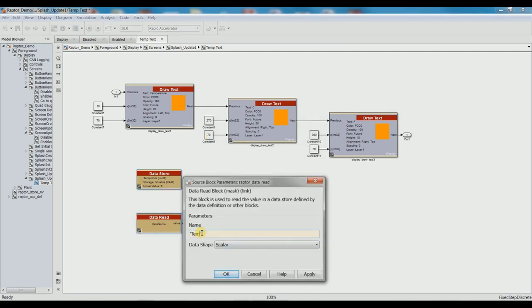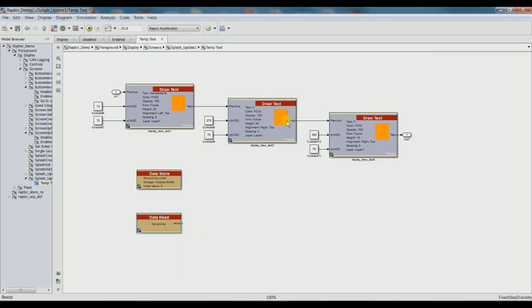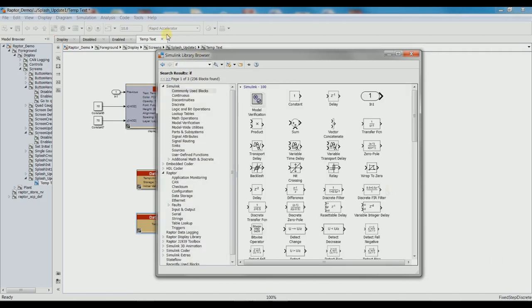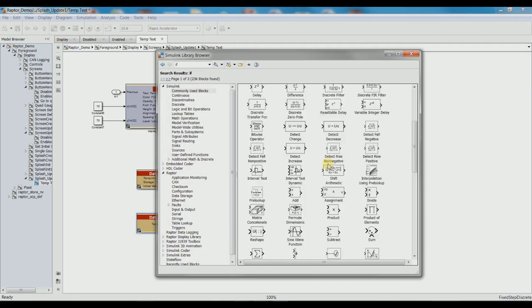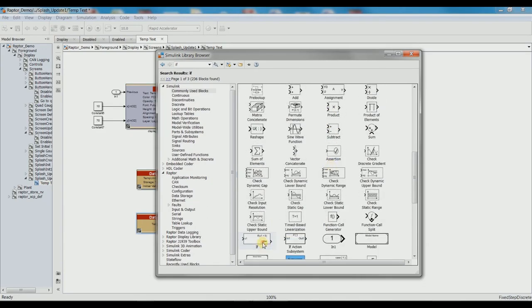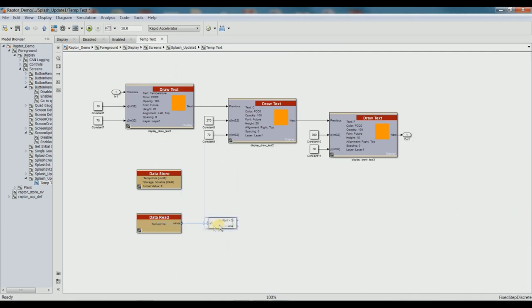Now we're going to transition to switching between the Celsius and the Fahrenheit functions. We're going to do this by using an if statement, so we need an if block. So go down to the if block and drag that in. It's a little ways down here. There it is. So we're going to drag that in,